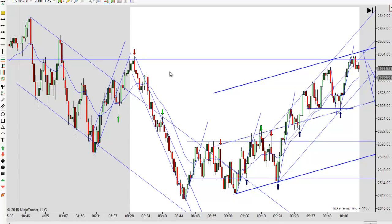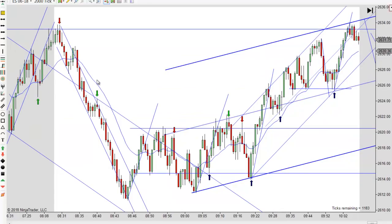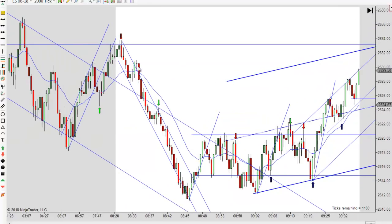There is a lower high here. Let me make this a little bigger now. But it's too bullish, so wait on that reversal pattern. We push on through, we pull back. You get the reversal pattern here, but look how long we've been away from the EMA. It is back along that down sloping trend line, but